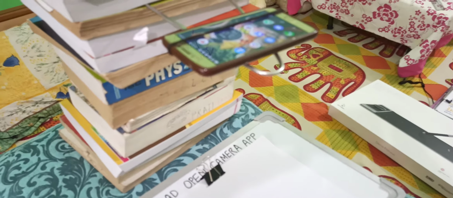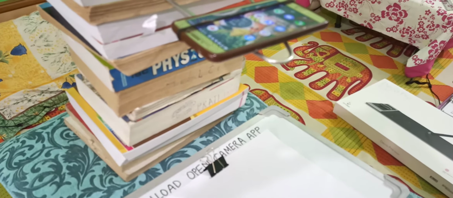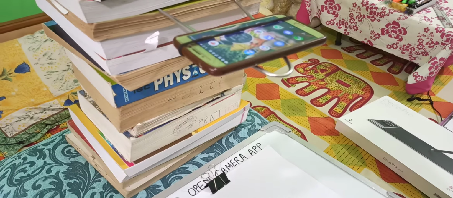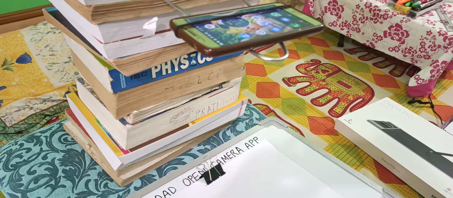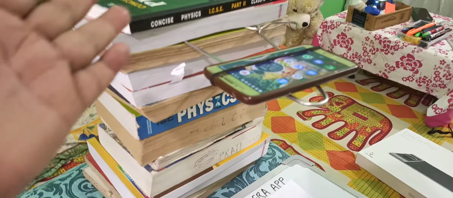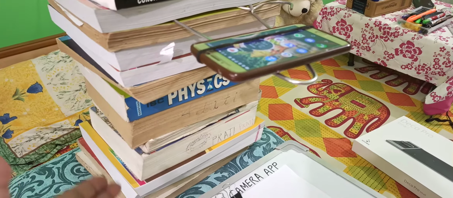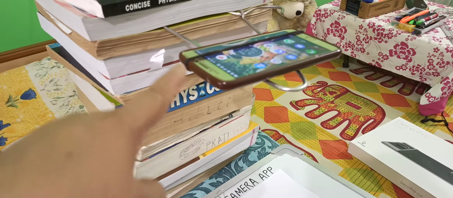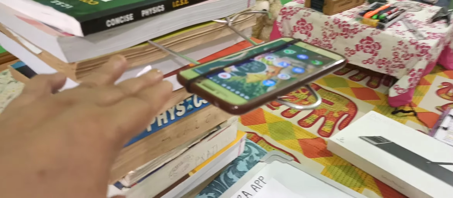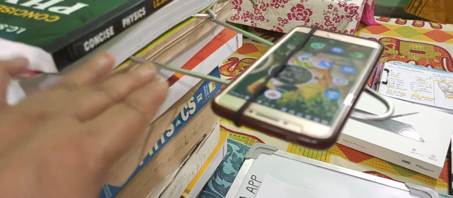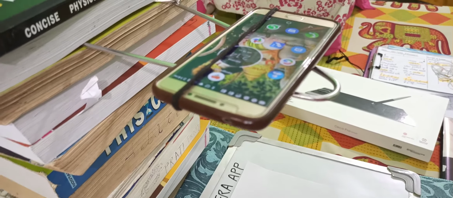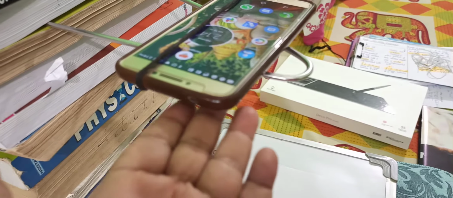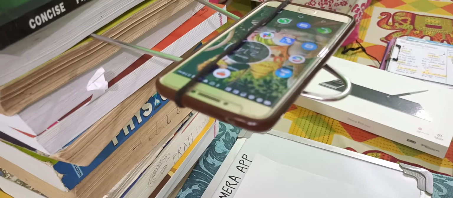Hello friends, I'm going to explain to you today the simplest method to shoot your video for your class and upload it. I used a number of books. I collected all of them and I placed a hanger at sufficient height. Then I placed my phone horizontally in such a way that the back camera is facing the board or the paper, whatever you are using.